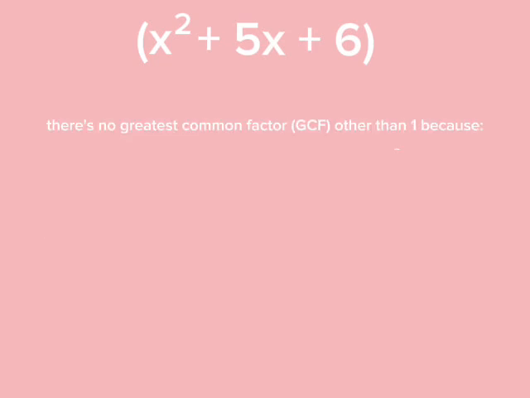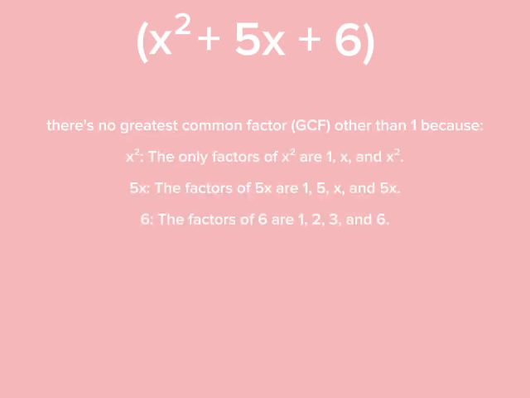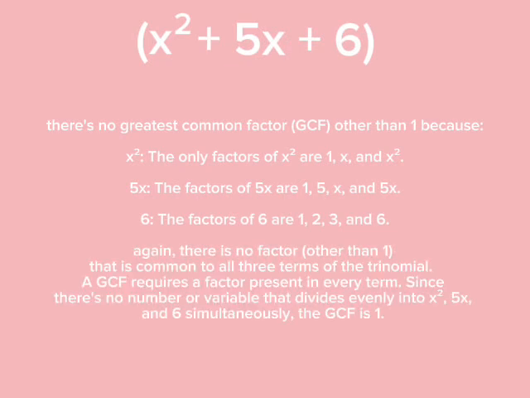There's no greatest common factor other than 1 because the factors of x squared are 1, x, and x squared. The factors of 5x are 1, 5, x, and 5x. The factors of 6 are 1, 2, 3, and 6. Again, there is no factor other than 1 that is common to all 3 terms of the trinomial. A greatest common factor requires a factor present in every term. Since there's no number or variable that divides evenly into x squared, 5x, and 6 simultaneously, the greatest common factor